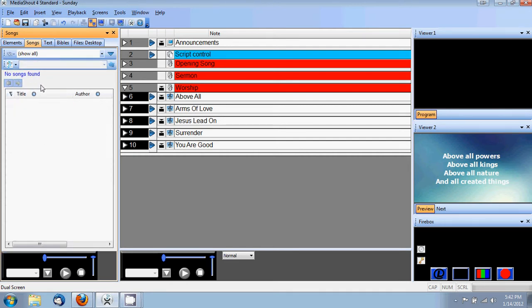Song Select is an online database that MediaShout is actually able to access. I think we used to use this years ago, but because it's a subscription service, I think we just sort of let our subscription lapse. Well, I made sure that we're up to date, and so our Song Select subscription now works. And so what happens when you've clicked on this Song Select button is you can now